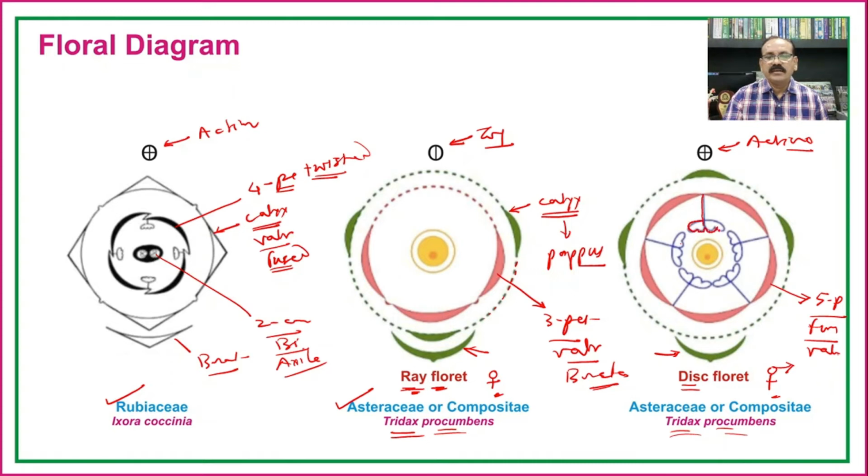Here these are diathecous and introrse, and this part of the anther is again united. Such a condition of the anther is known as the syngenesious condition, which is the characteristic feature of this family Asteraceae. There is a single ovule in the center with basal placentation in the ray florets and also in the disc floret.